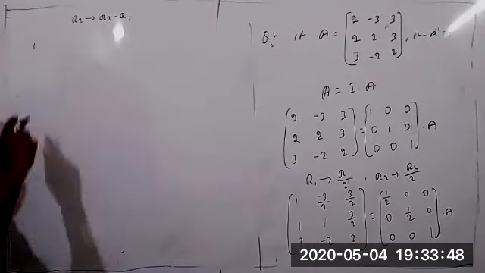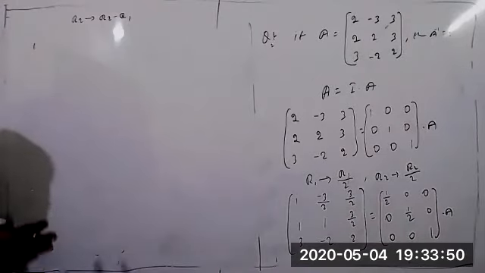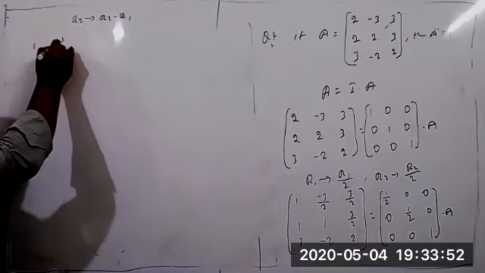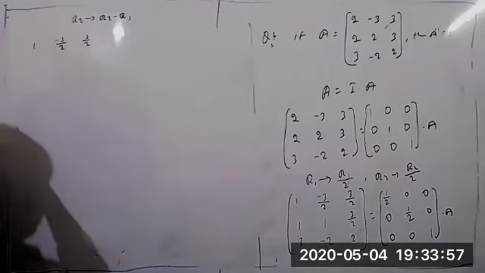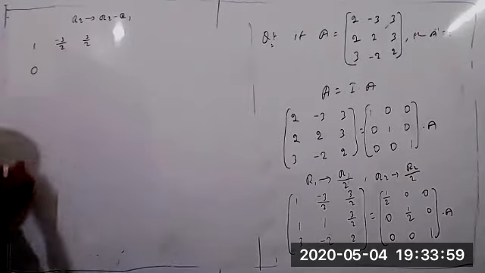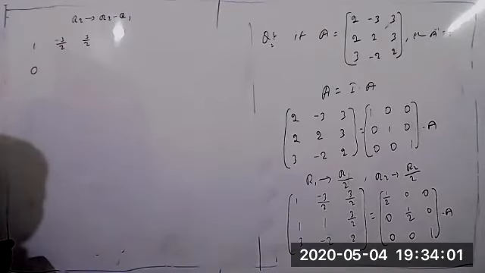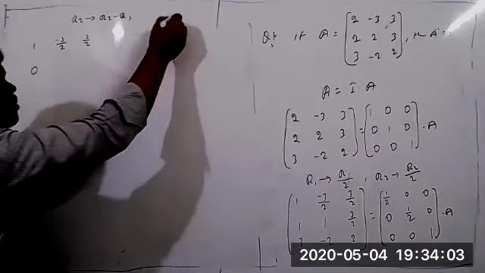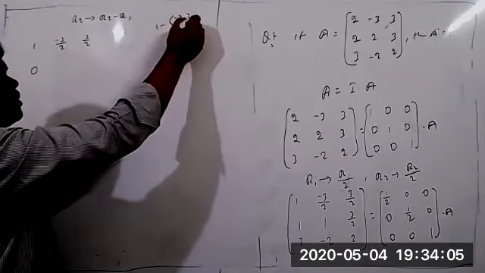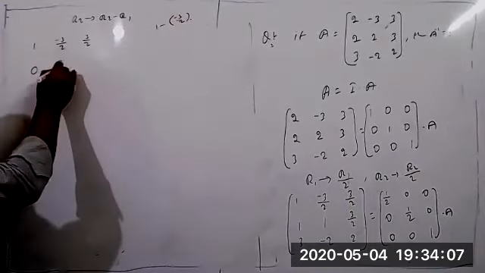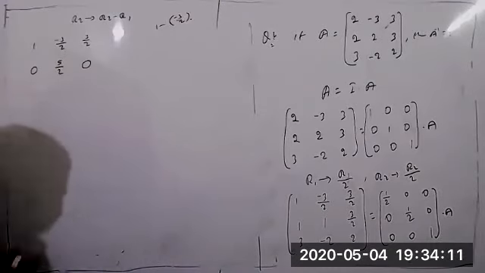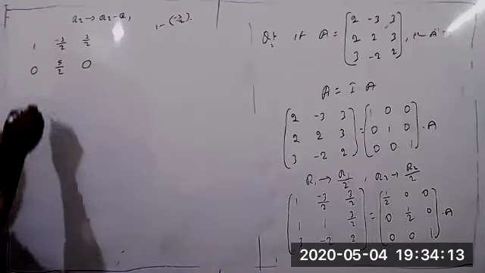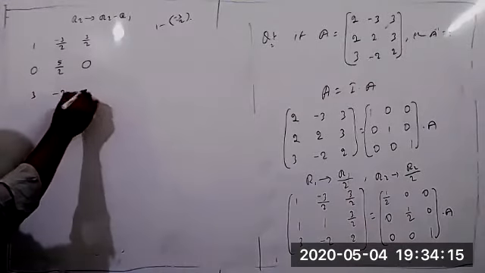So first here we are changing only the second row. The first row you take as is: 1, minus 3 by 2, 3 by 2. And here 1 minus 1 equal to 0. And 1 minus of minus 3 by 2 is 5 by 2. And the second element 3 by 2 minus 3 by 2 equal to 0. Yes, very good. So 3 minus 2, 2.